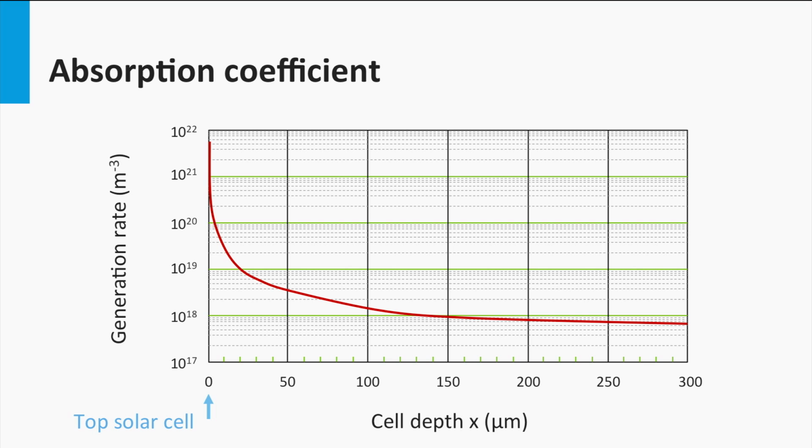As is discussed in week 3, a large fraction of light is absorbed close to the front surface of the solar cell. This is the generation profile as we have discussed in week 3. You see that in the first 10 microns, most charge carriers are excited. By making the front emitter layer very thin, a large fraction of the light-excited charge carriers generated by the incoming light are created within the diffusion length of the PN junction.